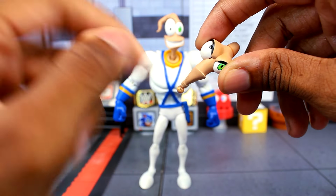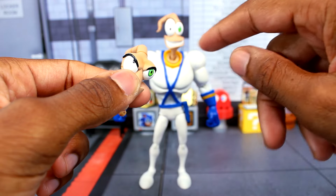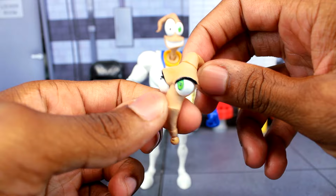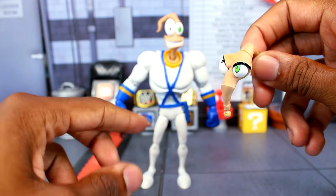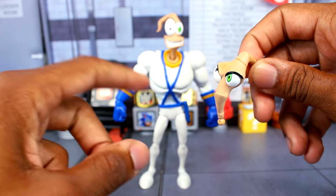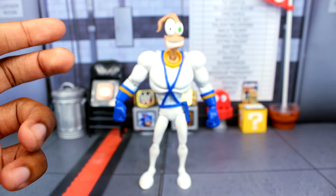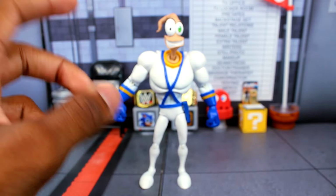So I popped that out and I had to super glue this. So I definitely recommend heating up the heads first because you don't want this to happen to you. You're definitely going to be doing some surgery with this guy, because with the paint being all over the place, you're going to have to acetone that off and heat up some parts. Definitely recommend doing that because you don't want this to happen. I am still going to take the photos with this on the figure,